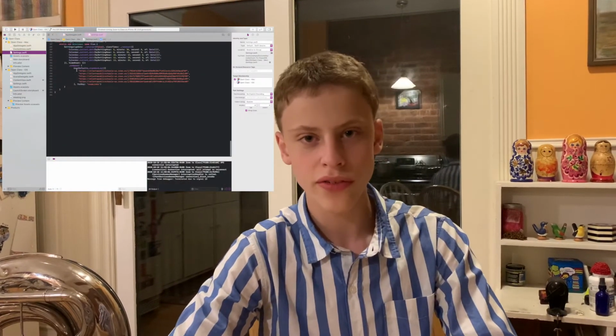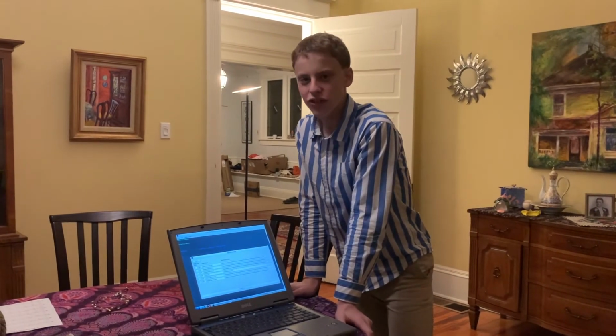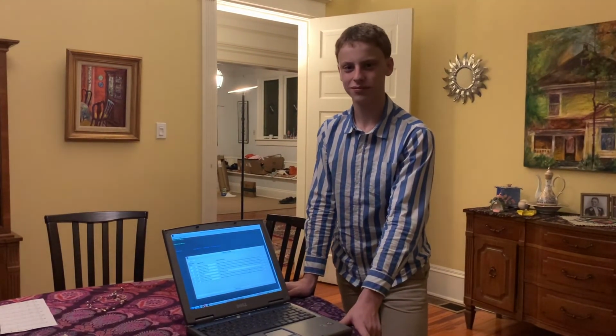I coded Zoom to Class for a variety of different platforms. On macOS and iOS, I used Swift 5 and SwiftUI and Xcode 12. For Windows, I used a Python tool called FBS along with PyQt 5. Finally, I did create a version for Android, but it's not quite ready for release. It even works on Linux. Kind of. Eventually, I'll release a stable official version for both Linux and Android. Across all platforms, there are thousands of lines of code in Zoom to Class.